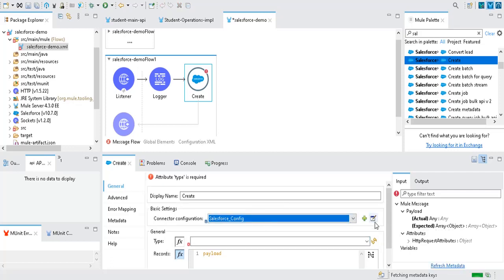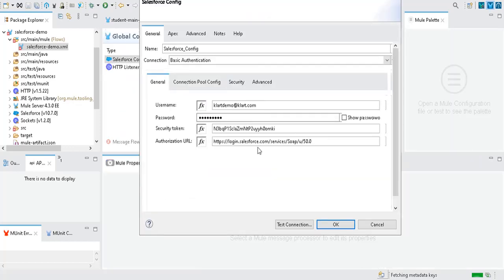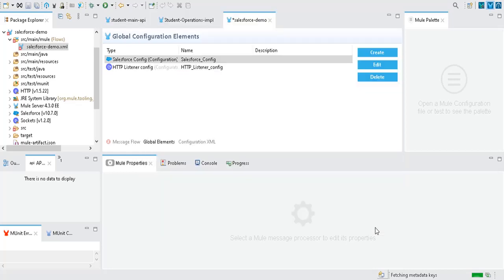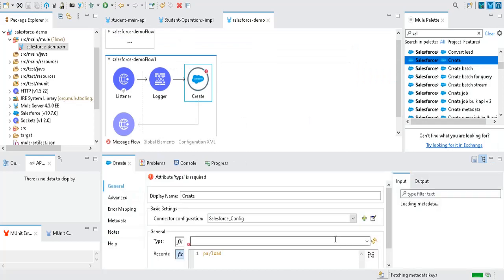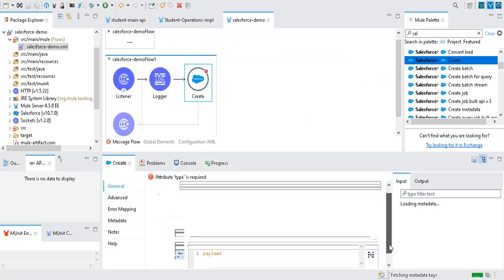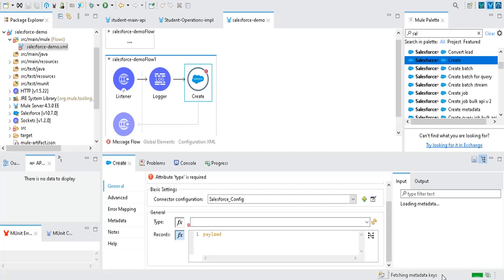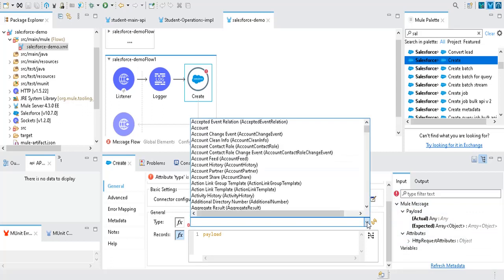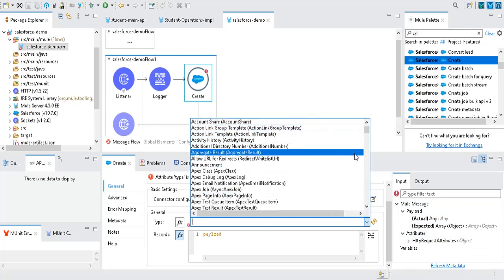You can see how to configure this, what are the values we need to pass, how we are getting these values, and from where we need to copy paste these values, everything in our previous videos. Okay, you will get those details in depth. So just please watch them. So now once it is completed the fetching metadata keys, it will show you the account or remaining objects here. Let's wait for this to be completed. Once this metadata keys fetching task is completed, then see here, yeah, this got completed, right? So now it is showing all the objects.